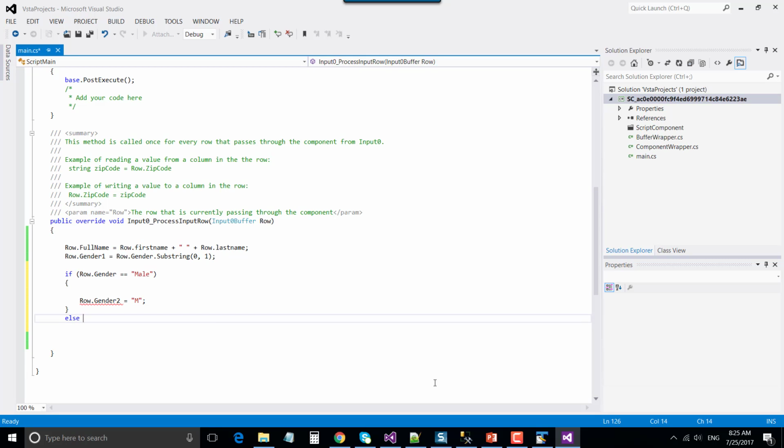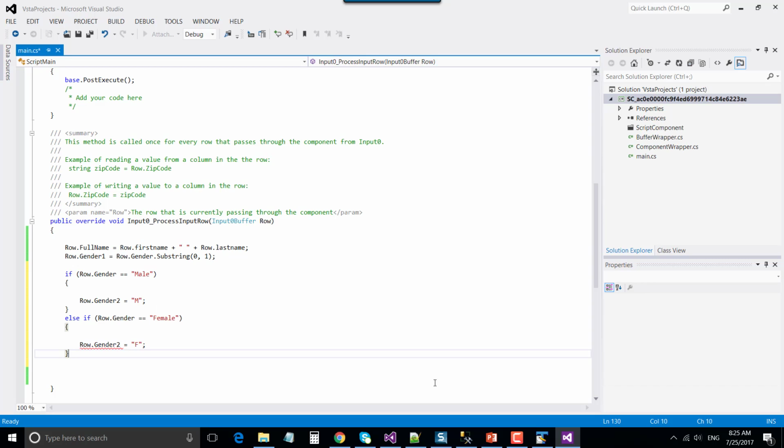And else if row.gender is female, then you simply need to assign row.gender2 as F.